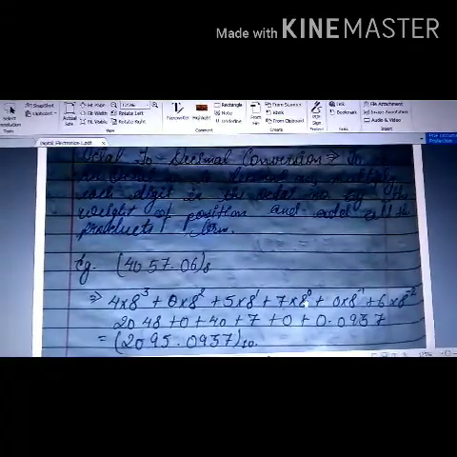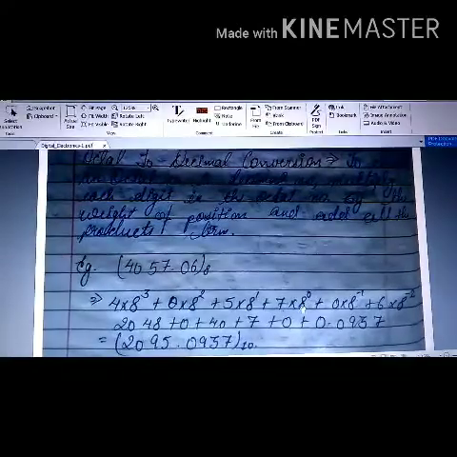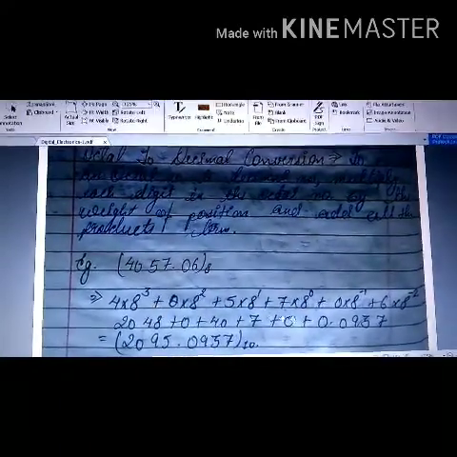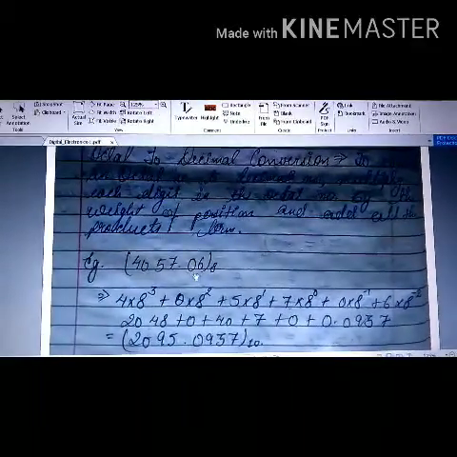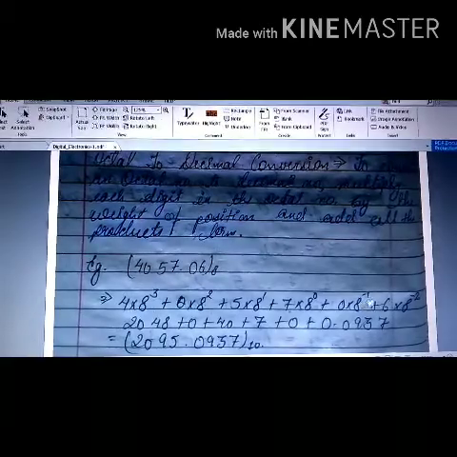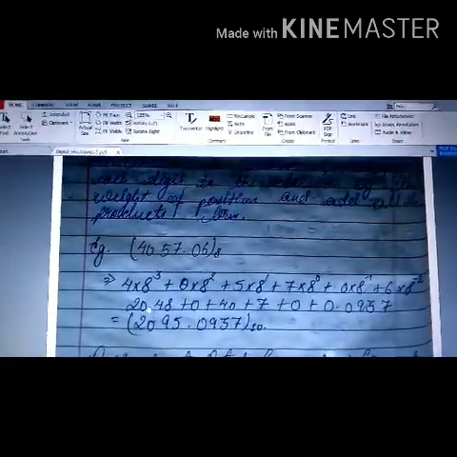So 7 is the LSB here, 4 is the MSB. With the positional weights, 8 to the power 0, 8 to the power 1, 8 to the power 2, 8 to the power 3. Similarly on the other side, the positional weights will be negative powers, so minus 1, minus 2. So when we solve this, it will come to be